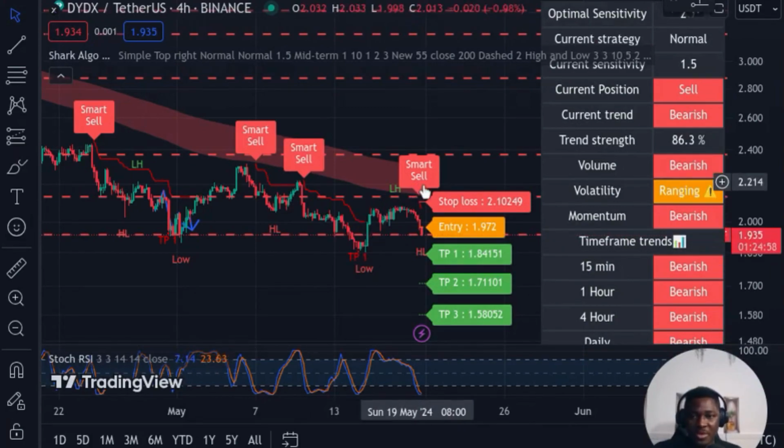So we got a smart sell order, and our entering level was at 1.972. Our TP1 is placed at 1.84151. Our TP2 placed at 1.71101, and our TP3 is placed at